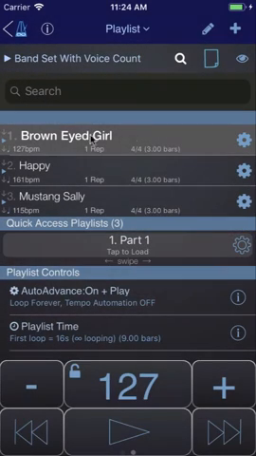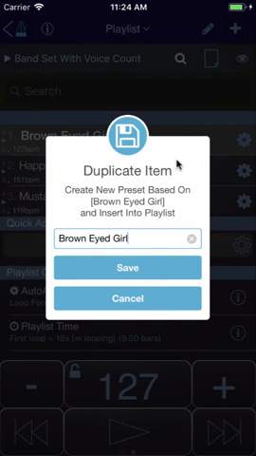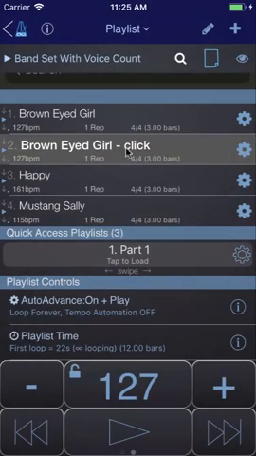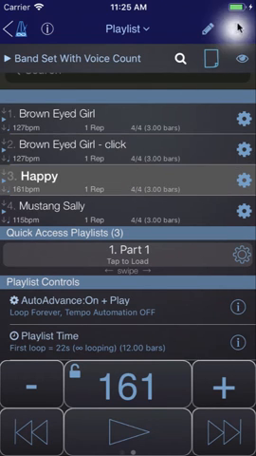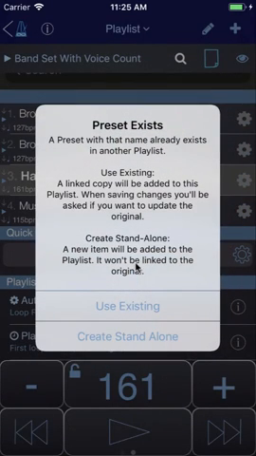I'm going to select this first item, tap on the plus button, and duplicate entry with new name. And then I'm simply going to add -click to the end of the title so that I know that this is the click track. And I'll do the same for happy click. Now when I hit save, it's asking me if I want to use an existing version called happy-click,